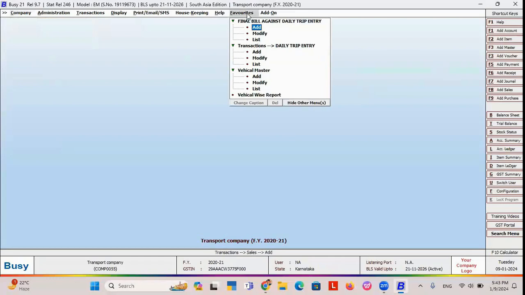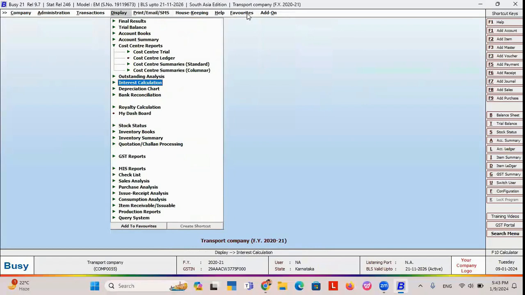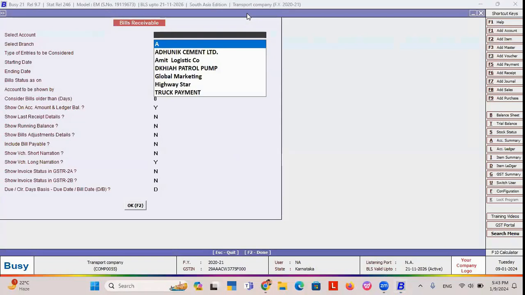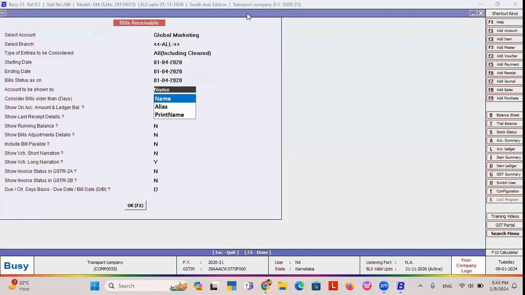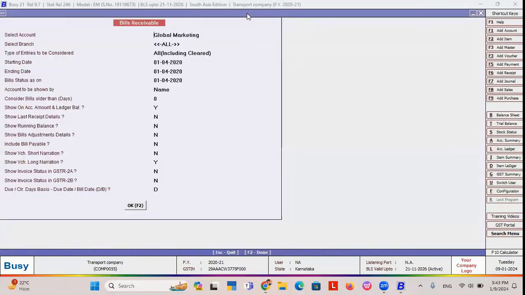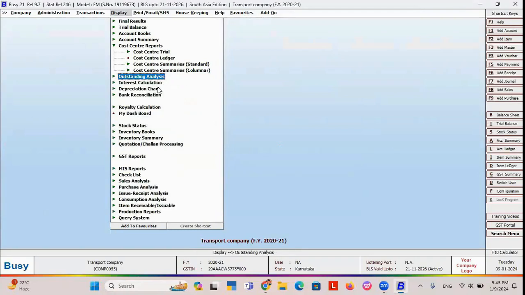That means you can record the, or you can track the outstanding party wise outstanding through this outstanding analysis report, that is bill wise, what freight is due from which customer, so you can get it from here, bill wise outstanding report. Okay, so you can select the particular company or particular customer against which you want to get the outstanding report. Okay, now this is the basic accounting you can get. Next is the